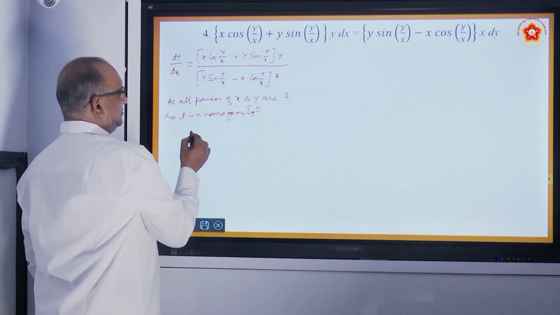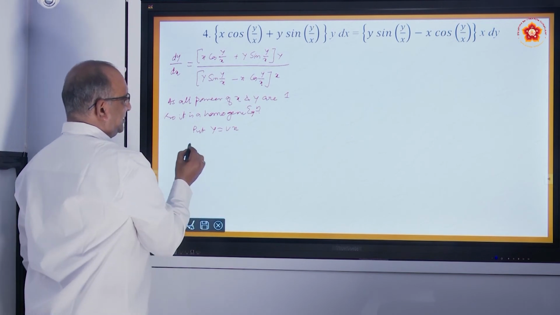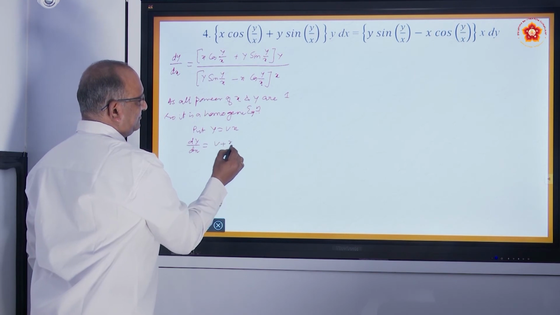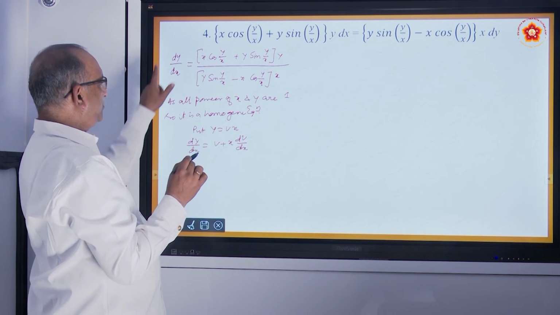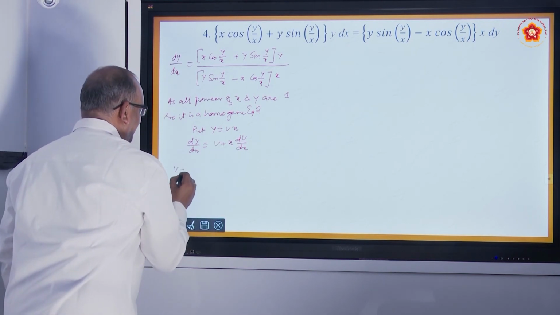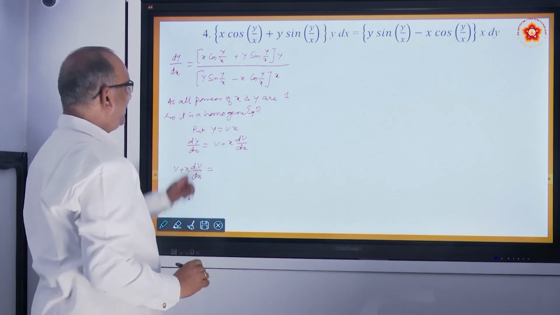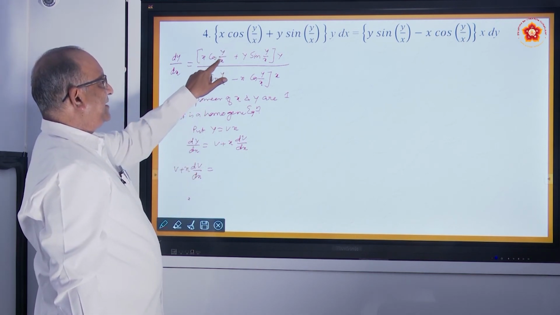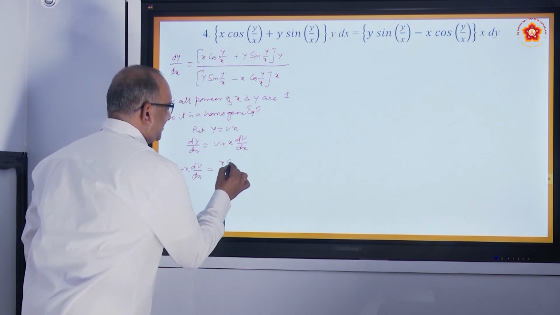Means what? What you have to do? Put y equal to vx, dy by dx equal to v plus x dv by dx. Make this substitution in the whole thing. dy by dx will be replaced by v plus x dv by dx equal to, now look at what happens. If you substitute y equal to vx, x and x will get cancelled, it will become cos v. So, it will become x cos v,